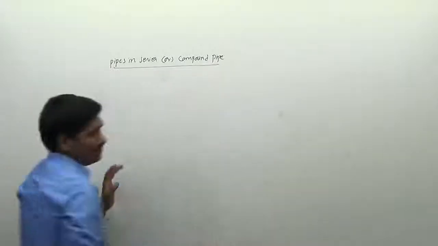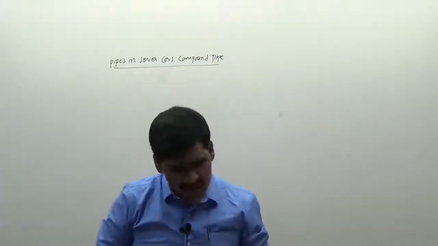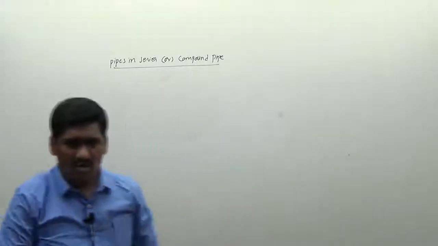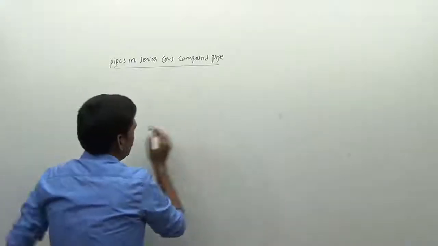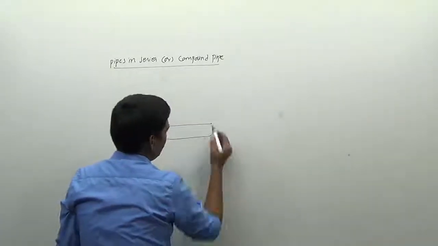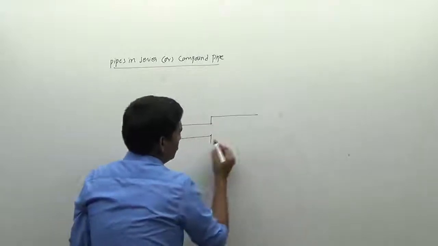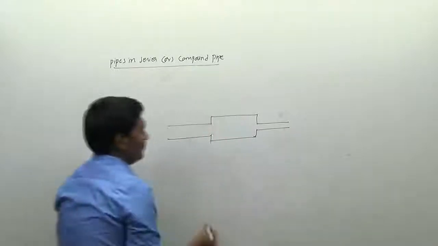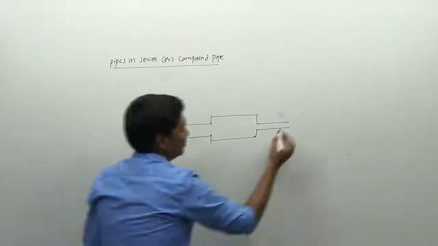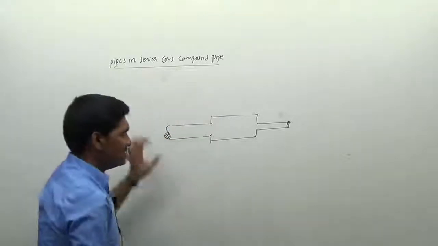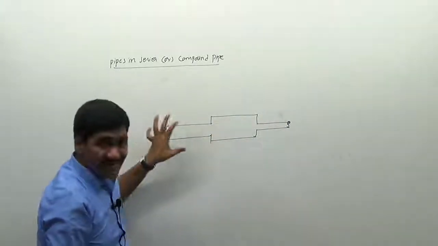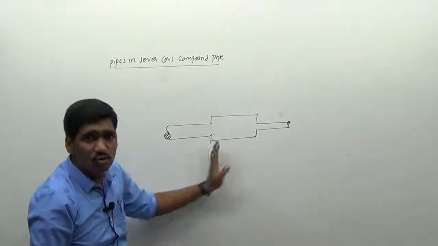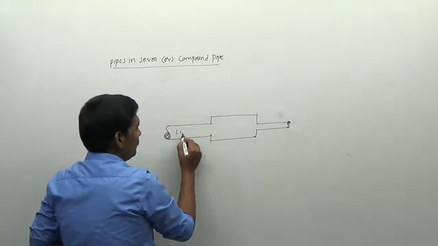So how can we define the compound pipe here? I want to go for a simple example to show the difference of a compound pipe. See here, for example, I'm just taking a pipeline which has changes in the diameters. This is a pipeline which has different sections, having different diameters, connected one end to the other end, with the length L1,